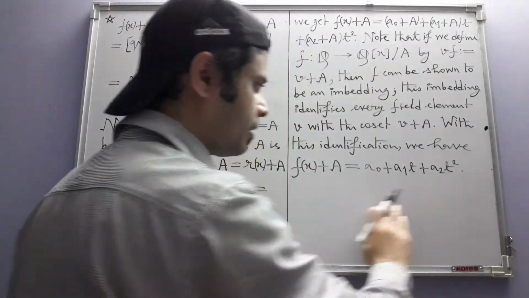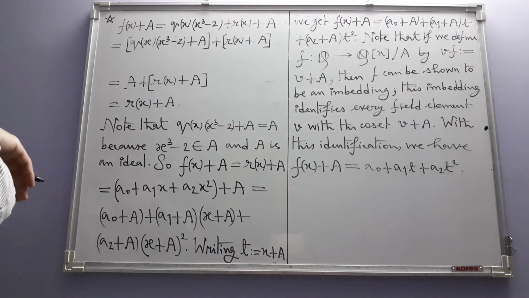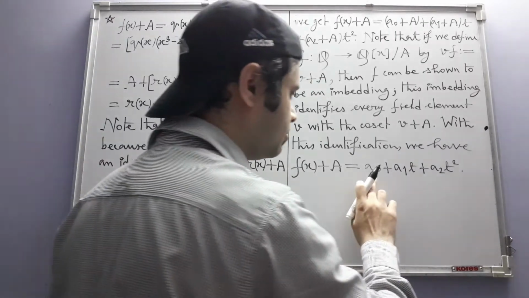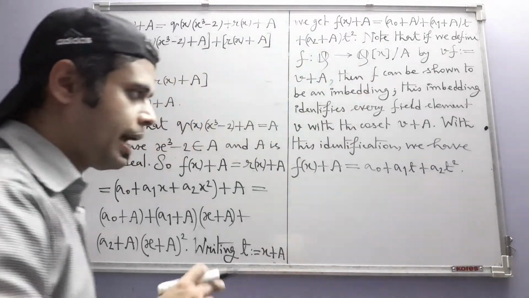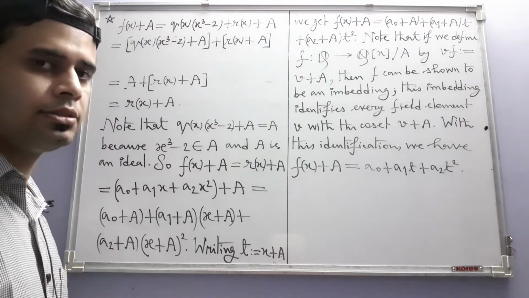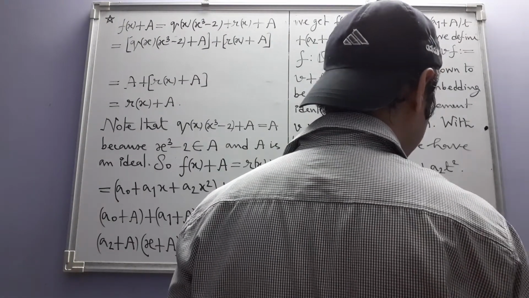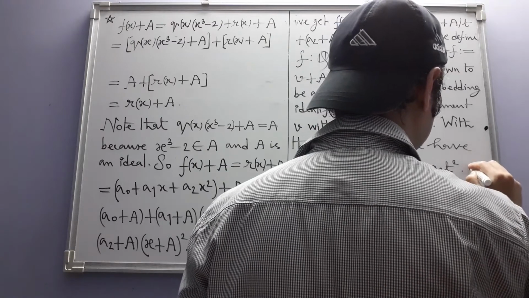So it has an expression like that. It can be written itself as a sort of polynomial of degree, I should not say degree 2, but a polynomial of degree at most 2, or a zero polynomial. Now the first thing to note is that